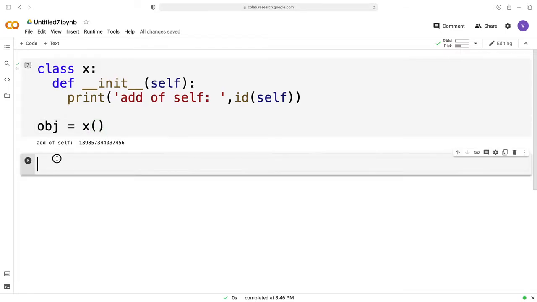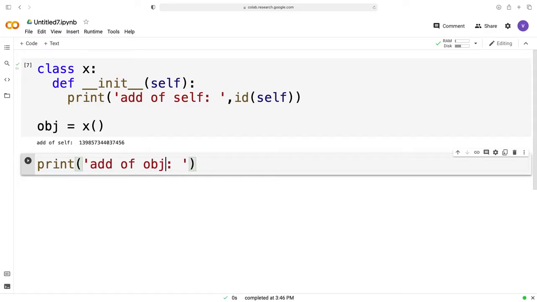All right, now I have another one. What I'm going to do over here is find the ID of the object. So print ID of object, sorry, rather than ID I'm going to use address.